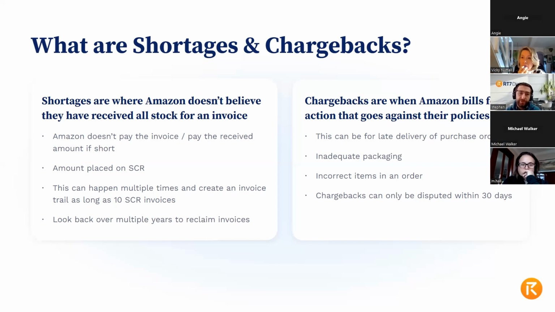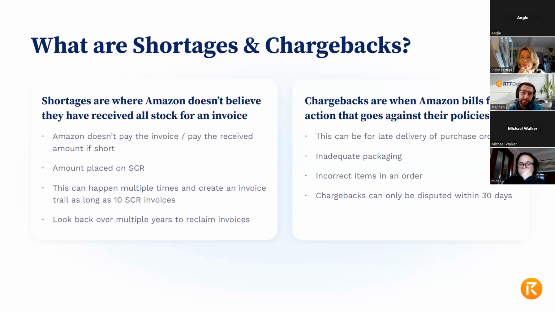Your warehouse will be late on shipping. There'll be an order that was mispacked. Something will happen. Small amounts of chargebacks are manageable on an account, but what you're looking for is consistent fines that are happening, spikes in fines that are happening, and that indicates that there's a problem. So, for example, when I audit accounts, if I see a sudden spike in PO on-time accuracy, probably the most common chargeback, it usually is, oh, there was an issue with this courier, we were changing warehouses, we had a supply chain issue, something along the lines of that.